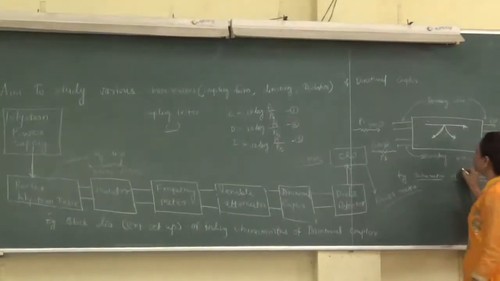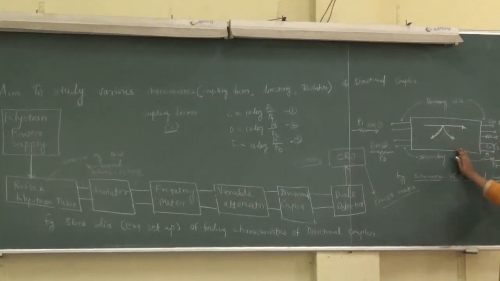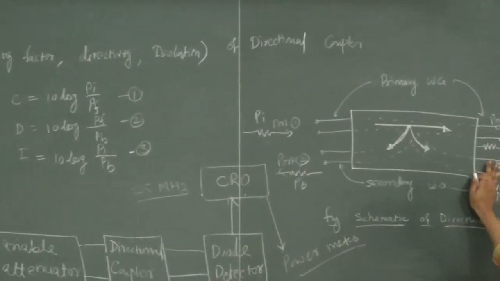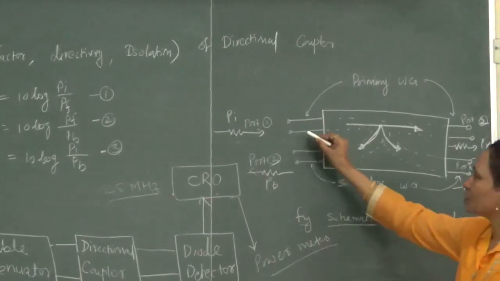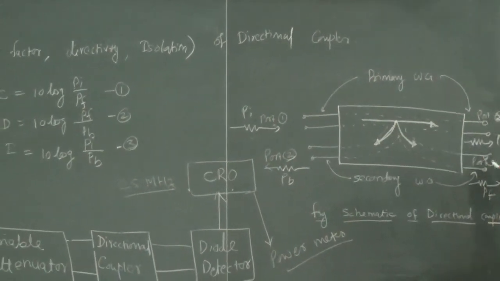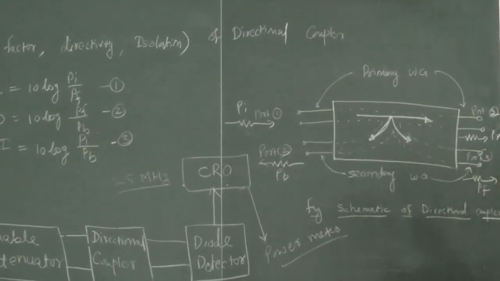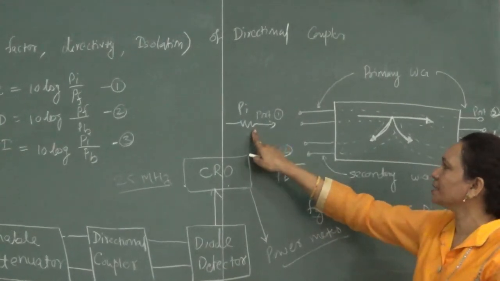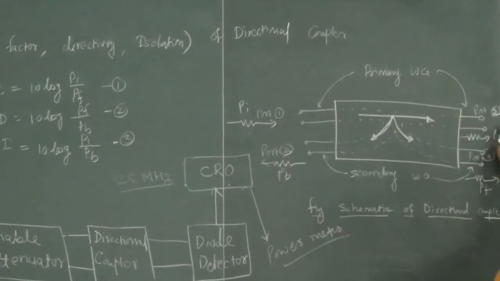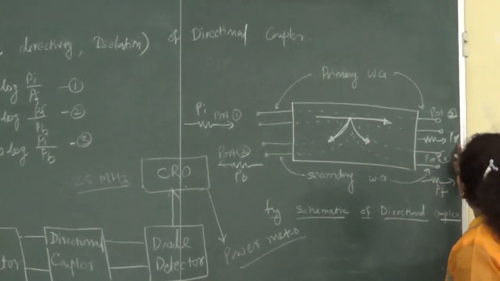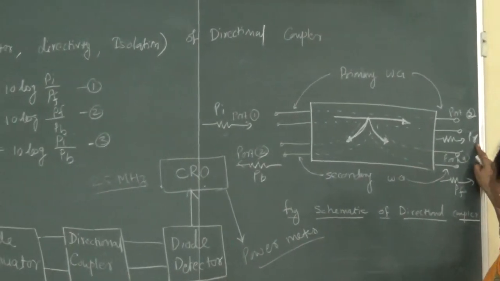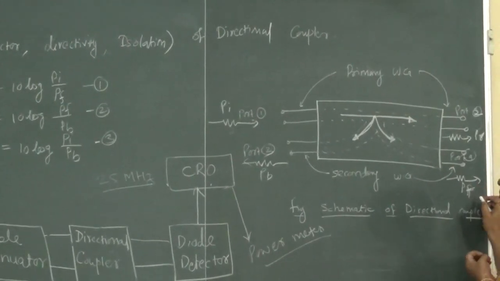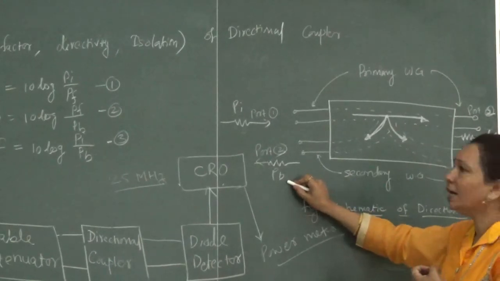Now look at this diagram, concentrate on this diagram. This is a schematic for the directional coupler. It consists of 4 ports, as you have seen in the actual hardware. So it consists of port 1, port 2, then here there is port 3 and here it is port 4. The power which is entering here we denote as the input power, PI. Then here we are taking the power at the output, denoted as PR, that is the received power. And here we are coupling a small amount of power, so that's why it is called the feedback power. And this is the back power, called PB.